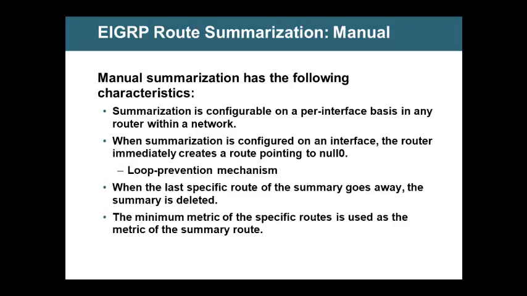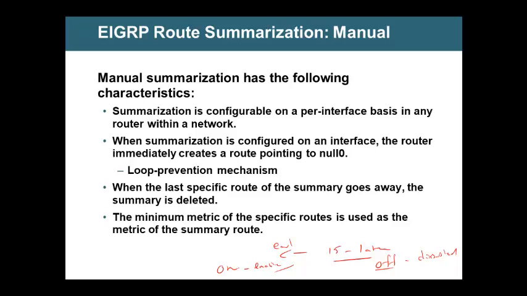If you are running IOS 15 or later version, then in EIGRP, summarization is off. Summarization is disabled. So what is the other side of it? If you are using the earlier version, summarization is on, enabled by default. So in the earlier version, whenever people used to do EIGRP configuration, they used to say no auto summary,